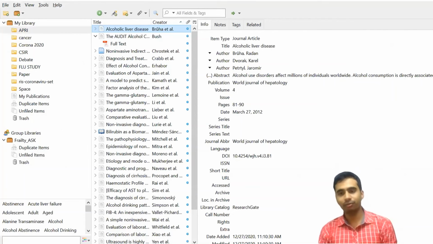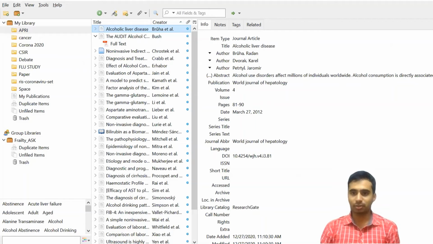This is an example of one such reference management software where you can see there are different studies in different folders, and each folder has all the research papers from which I've taken information. You can see the second paper, the audit alcohol. There you can see the full text is available. If you click that, the whole research paper can be opened even offline, so it can be stored. So this helps you effectively store and manage pre-analysis data.